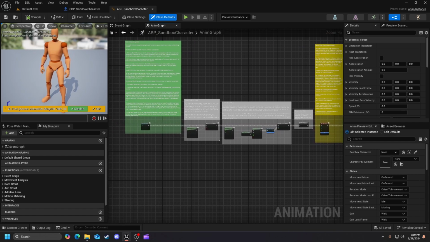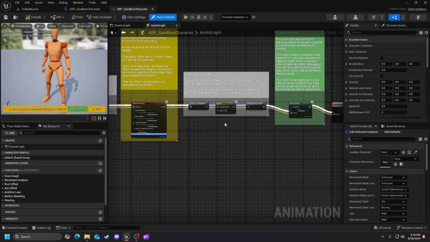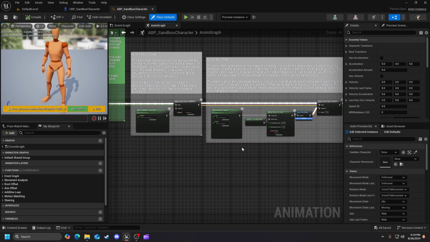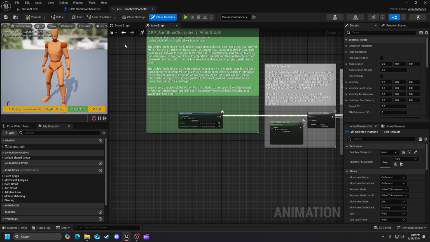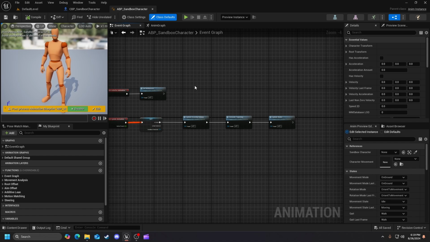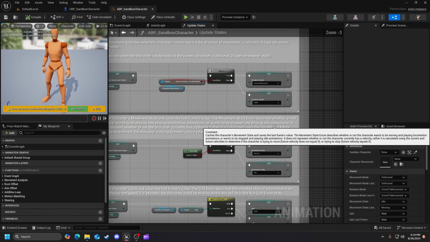There's a lot going on in here. So you've got your leg IK, you've got your pose history, there's a lot of transformations going on. Basically, where the gait is happening from is in the event graph. If we go to update states